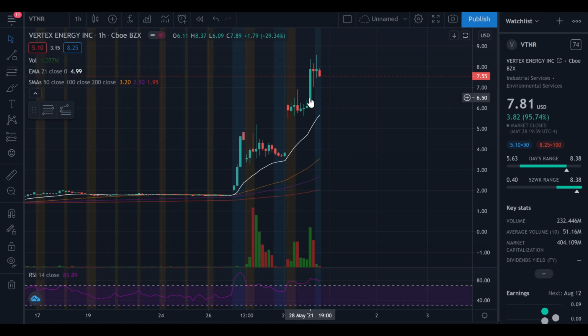On the minute chart, which I'm going to show you in a second, the price was fluctuating, and for a little while I was in the minus, because I was buying it on the run up. I was buying it on the breakout. But on this hourly chart, you can see this green candle opened here and went all the way to a high here. And when I bought at $6.50, I took into consideration